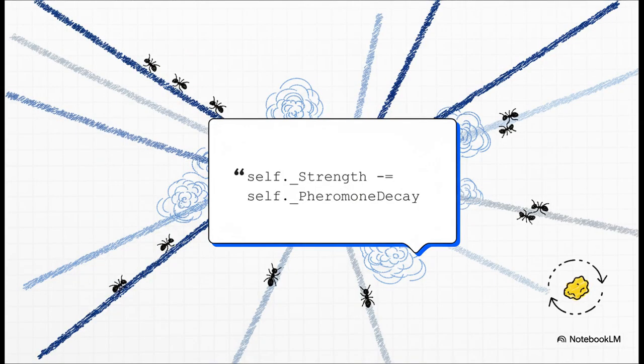But here's the brilliant part: these trails don't last forever, and that's key. This one little line of code is what drives the entire navigation system. With every single turn of the simulation, every pheromone's strength goes down a little. This decay is absolutely vital. It makes sure old, useless trails fade away, which naturally guides other ants towards the freshest, most direct paths to